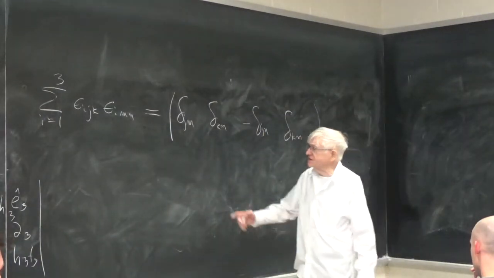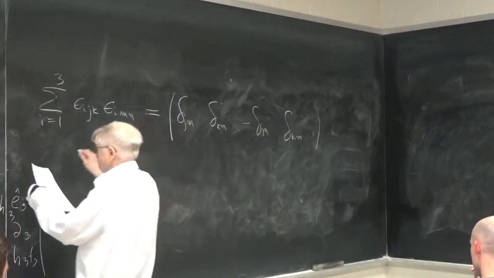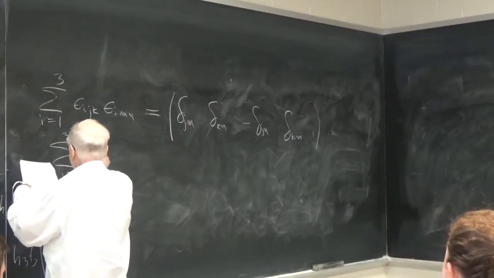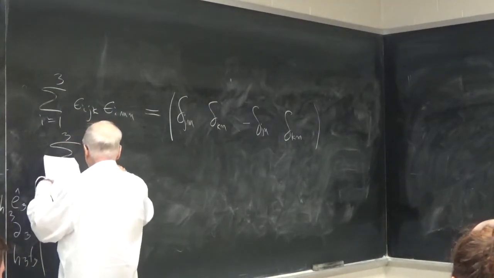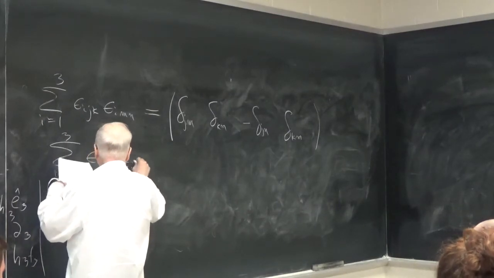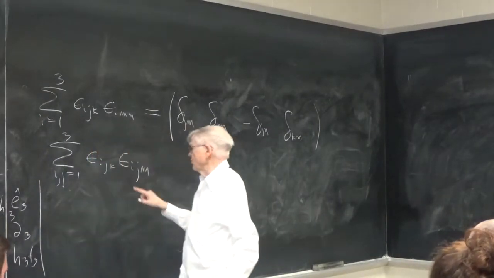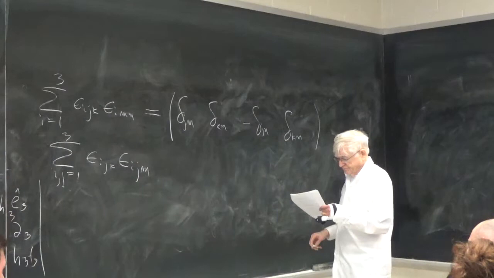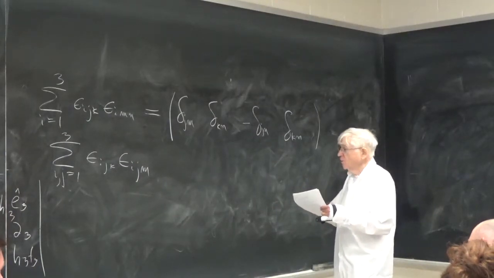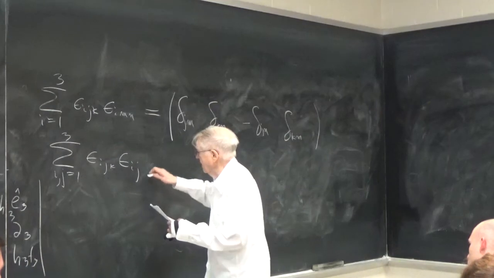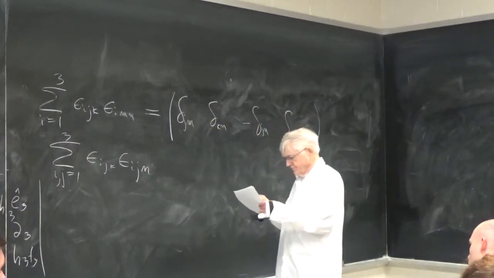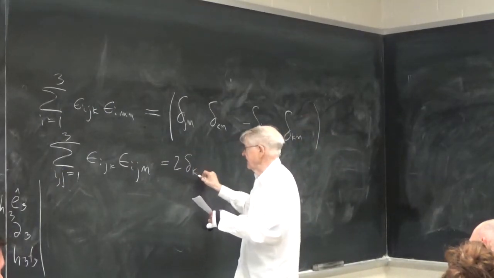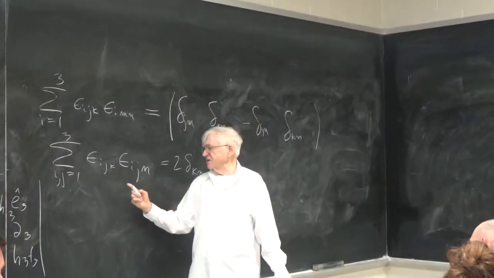So as I said, these Levi-Civita identities, this is one of them. Let me give you the other one. It's the sum over i, j equals 1 to 3 of epsilon ijk, epsilon ijn. So now we're summing over 2 indices. Wait a minute, I didn't write this properly, it's ijn. And the answer here is 2 delta kn. So here, this is kind of obvious because